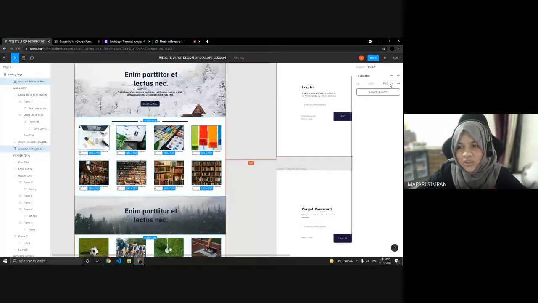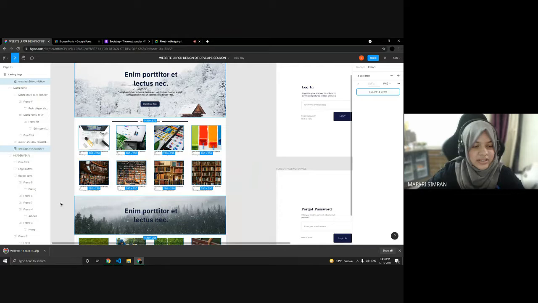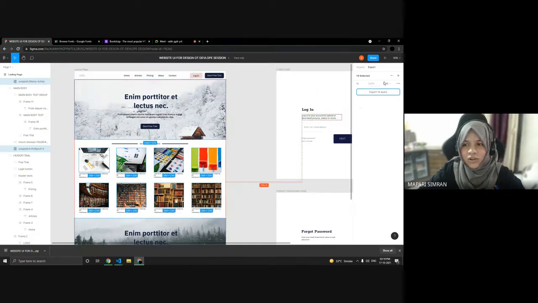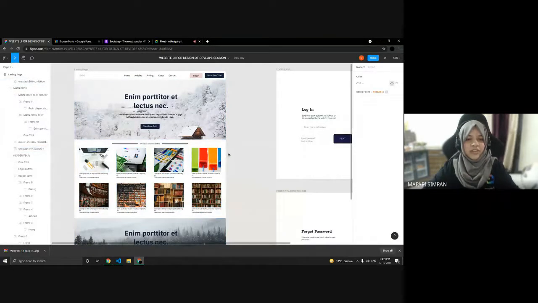Okay, and you can also select the format in which you want: PNG, JPG, SVG, PDF. So let's go with PNG and export. When you click on export, you will see it's getting downloaded in a zip file, and you will get all your images in that zip file, according to this width and height only. So that's amazing, right? You get all the images and all the basic CSS needed, so you can start with your development now.